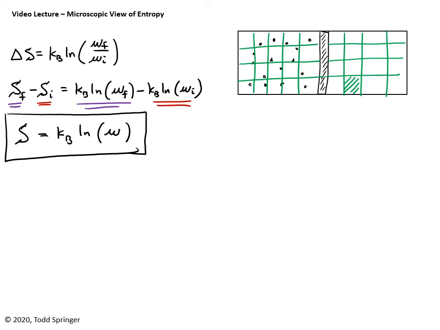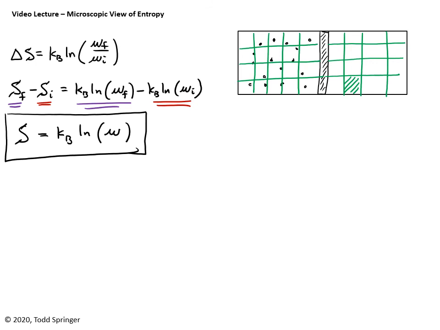What is entropy? It has to do with the number of ways to arrange something, leaving the overall appearance unchanged. And that's where the disorder part comes in. So when the gas is constrained to be just on this one side, the number of ways that I can arrange the gas molecules on that one side is small. So it has a low multiplicity. If I allow the gas to expand, then there's more places for the gas to be, and so the number of microstates has gone up and the entropy has gone up. Okay?